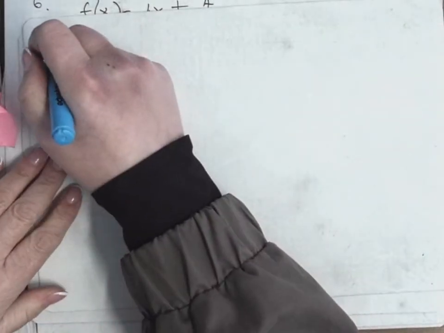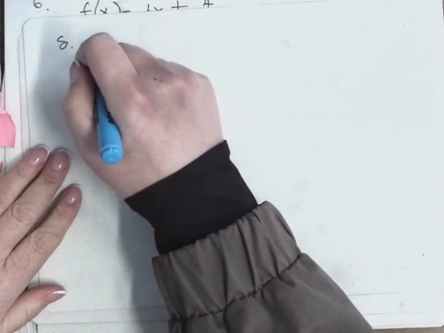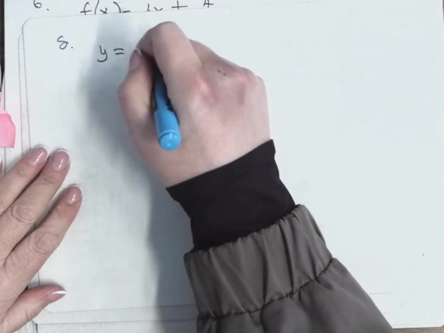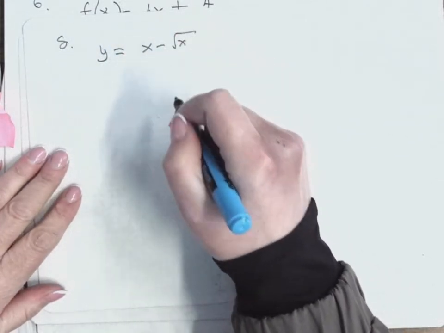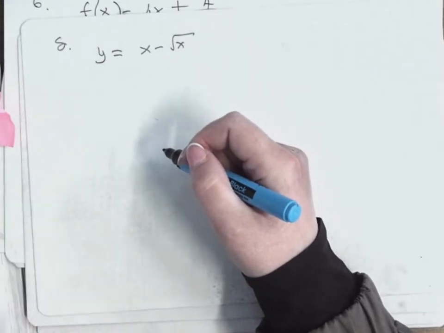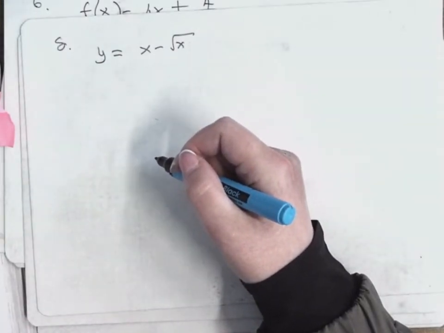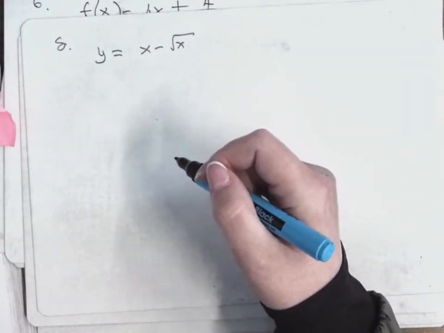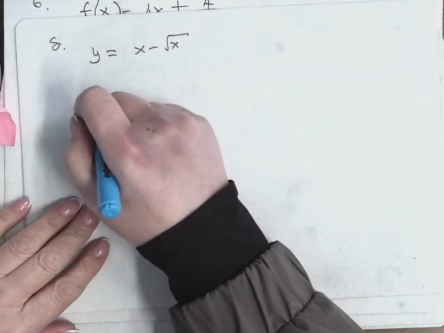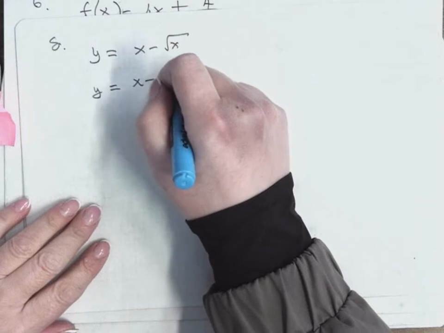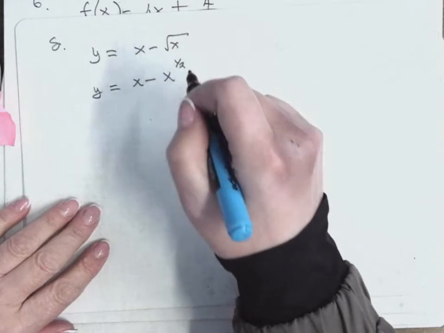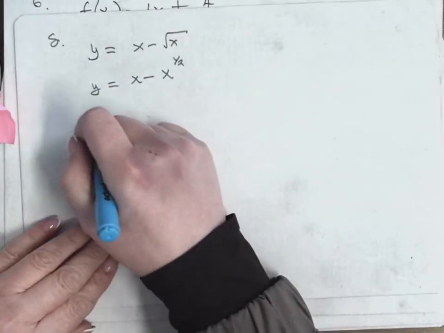Yeah. Okay, so number 8, right, again, the function is y equals x minus the square root of x, right? So we want to differentiate, and we're finding the turning point. It's only going to be one answer, right? Okay, so I'm going to write that as x minus x to the power of a half. That's the square root. Then I can differentiate. So you get dy dx,